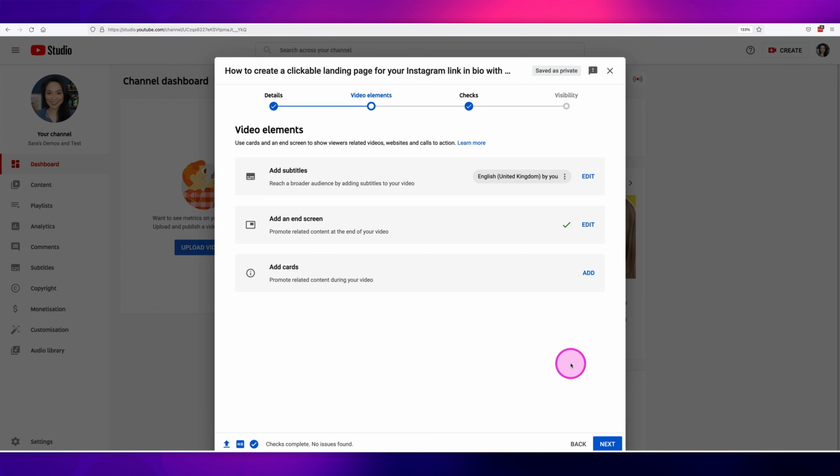We also have the option now to add cards, and cards typically will appear in the top right hand corner of your video on both mobile and desktop. If people click on that, it will open up some more information that will take people to another video of yours and drive traffic to a video or another playlist. When I click on cards, you want to use this where relevant, and you want to put cards throughout the video if it's appropriate.